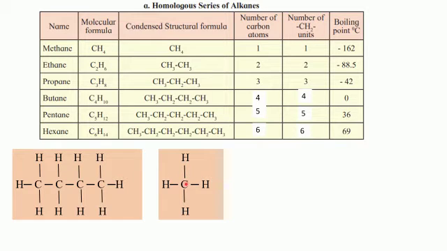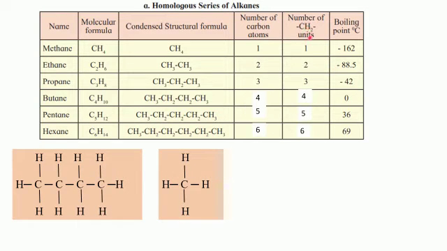So the extreme carbon atoms will have a CH3 group. Like here we can see one example. The last extreme one will have a CH3 to satisfy the valencies, whereas the middle ones will be having CH2. So this is what a condensed structural formula is. The number of carbon atoms, we know this, that is 1, 2, 3, 4, 5 and 6 respectively.